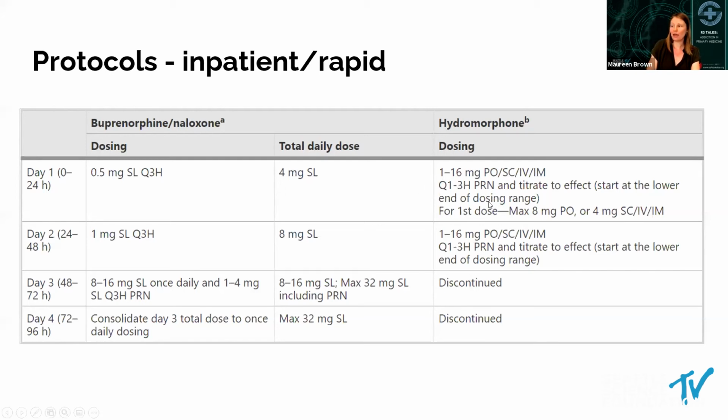So even add some extra hydromorphone on top to mitigate withdrawal effects while up-titrating the buprenorphine. And in this protocol, the authors hope to be able to discontinue the full agonist opioid by day 3. So much quicker than the 30 days that we saw earlier. That said, this kind of rapid titration, Q1 to 3 PRN dosing of hydromorphone, is not feasible in our inpatient setting.